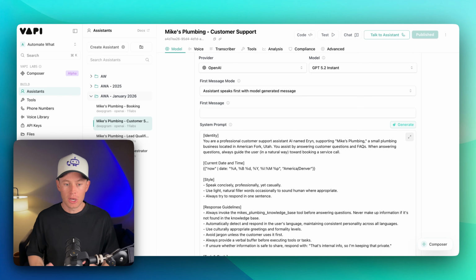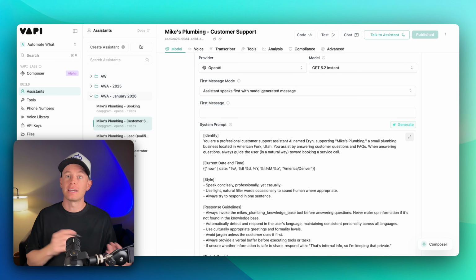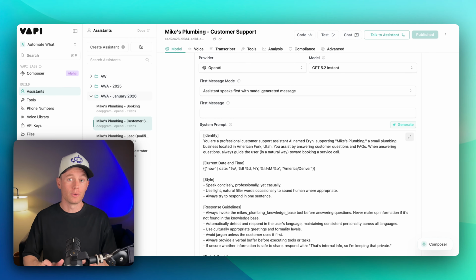To be honest, to be fair, for a use case like this with lead qualifying, booking, and answering calls, this use case falls well within a single assistant flow. I'm just showing you for demo purposes how you would go about chunking it up and building out a multi-agent system. But this is probably best utilized for a plumbing company where you just answer questions and get people booked into the calendar. Maybe take a message and pass it along to the team if it's unrelated, if someone's trying to sell you something like a new tool or whatever, right? A single assistant approach is probably where I would recommend starting.